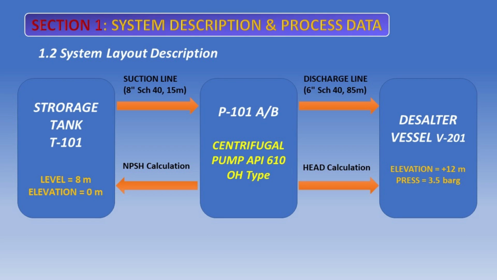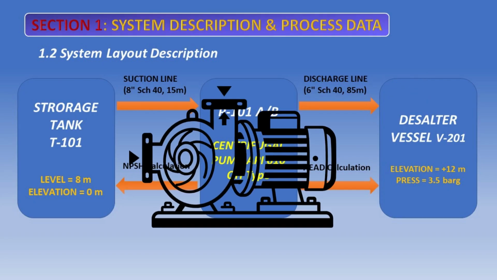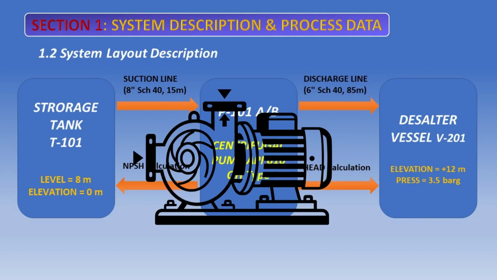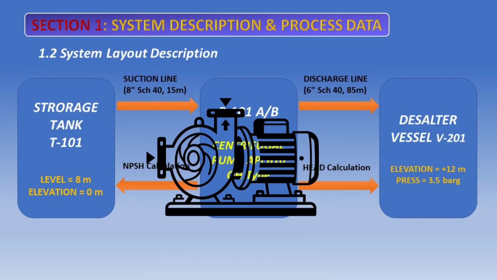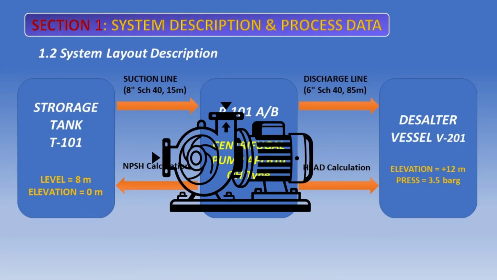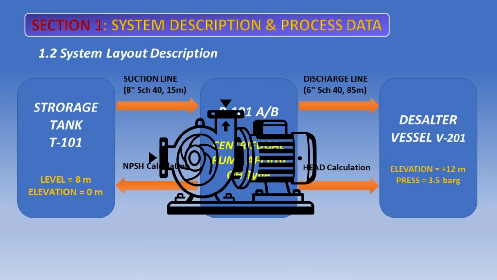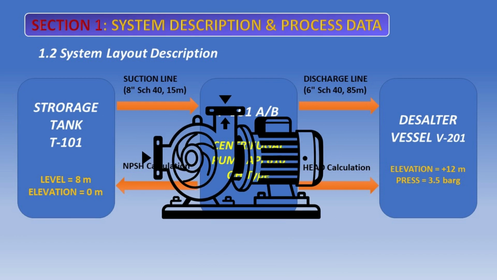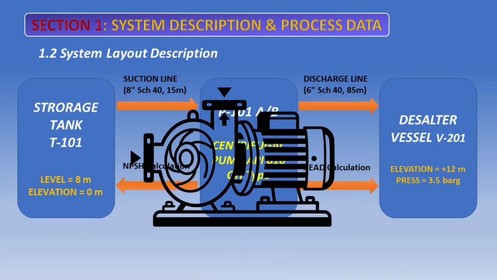The pump takes suction from a tank that can have a minimum liquid level of 3 meters above grade. The suction line is an 8-inch pipe. The discharge line is a 6-inch pipe that goes to a desalter vessel located 12 meters above the pump centerline. The desalter operates at a pressure of 3.5 bar. Understanding this physical layout is fundamental. The elevation difference and the pressures at the tank and the desalter define the static head that the pump must